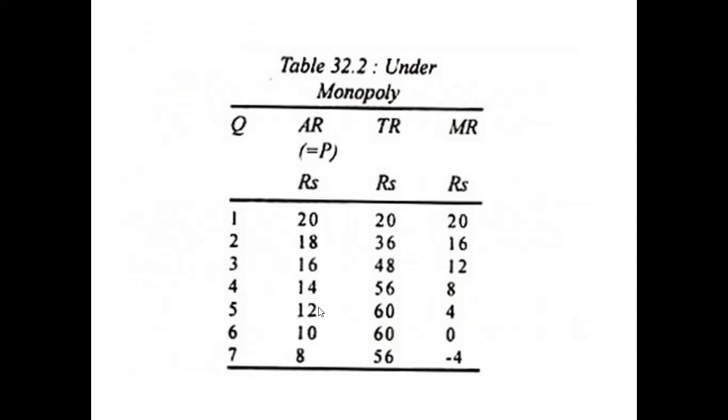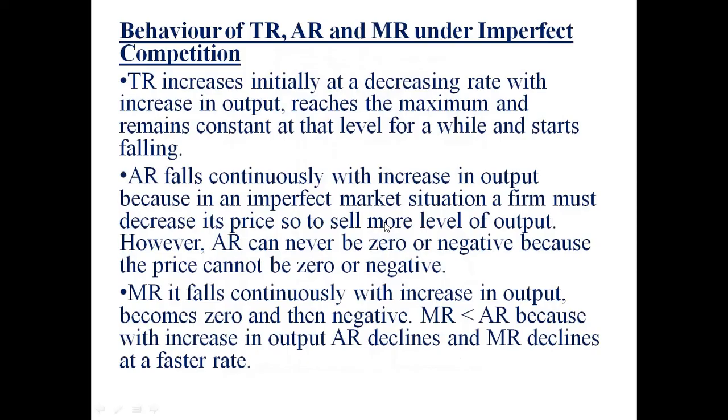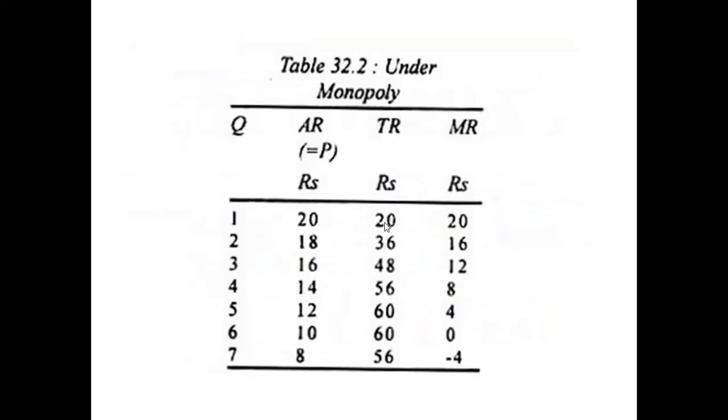You can refer to this table also, which is given for the monopoly situation. Monopoly is a market situation in which there is only one seller. In a monopoly market, the firm is a price maker, so he has total control over the market. He can control the price, he can control the quantity to be supplied in the market, but still how the price can be affected, we will see in the later chapter when we reach the market chapter, when I'll record the video.